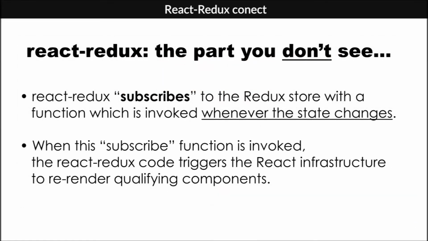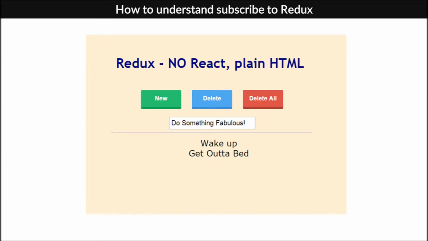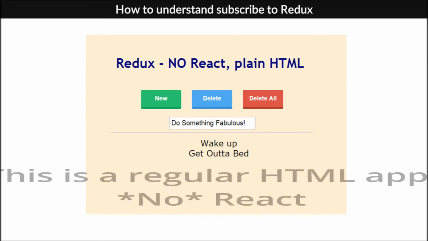Now the part that we didn't see and was done automatically is that the React Redux library triggers the React infrastructure to let it know that the state has changed. The React infrastructure can then go through its standard process of calling the render methods of the components that need to be rebuilt. Well, that's fine if you're using a React application, but supposing you're just using a regular non-React